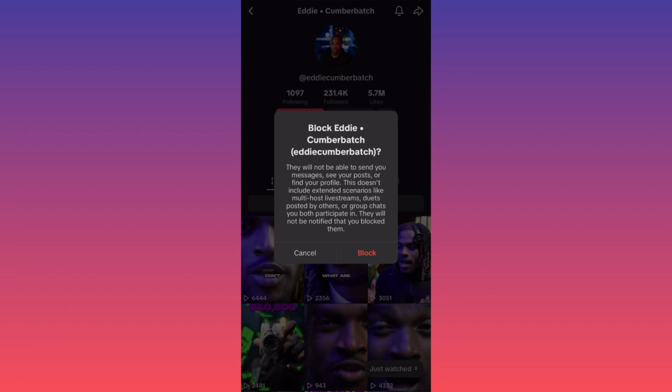Again, you also want to be aware that if you're part of group chats that you join and they join, it's not a good idea, because again, they will see that you participate in the chat, they can click on your profile and they will see that they are blocked from you, okay? So you want to make sure that these scenarios are in your head when you're actually blocking someone. And this is how you block